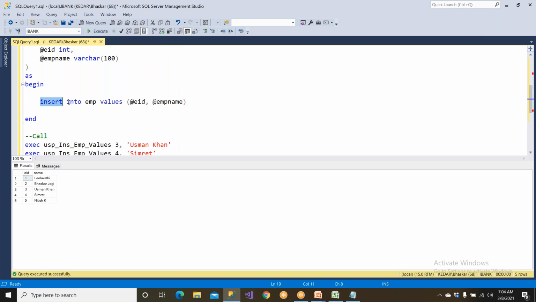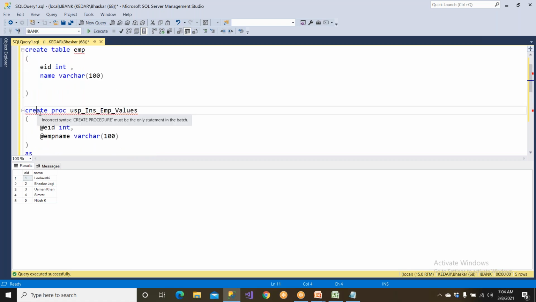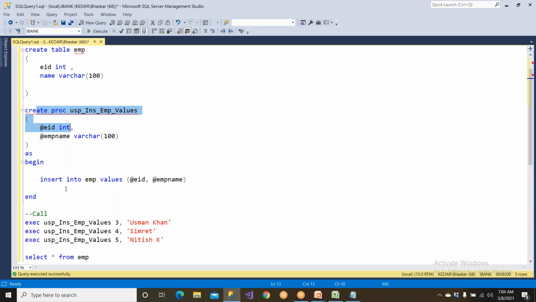But this kind of an insert statement cannot be given as part of user-defined functions, or as part of views as well. Clear? So you need to understand: you can use a stored proc, but a function cannot have insert, update, delete statements. Everything can be given in stored procs only. With the help of a stored proc, you can insert the data, you can update the data,